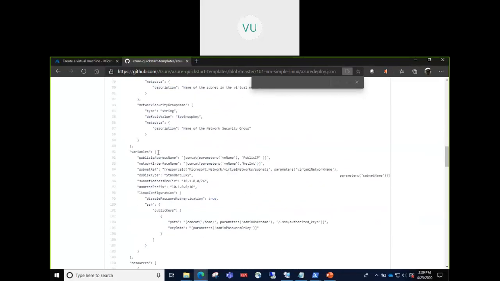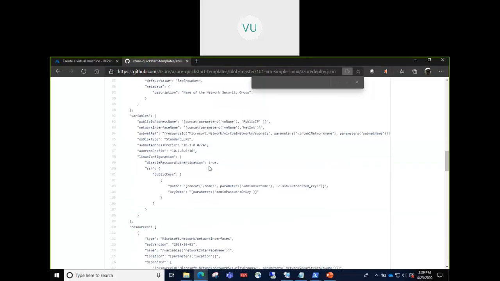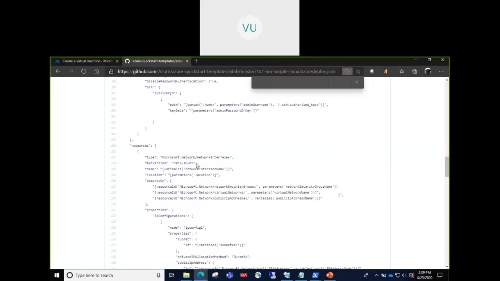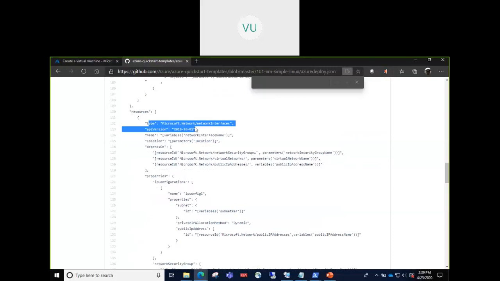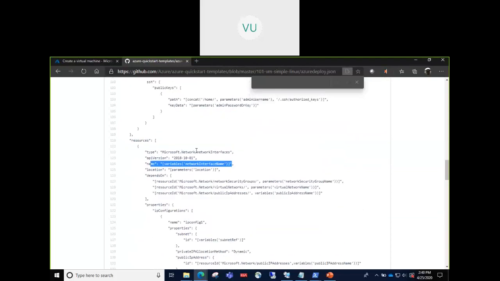Okay, so you have parameters, you have variables. We know how to use those parameters within the ARM template. We know how to use the variables and the resources here. So where were we? Here, name. This is how the name will be constructed for this network interface card using a variable, and the variable in turn will use the parameter.